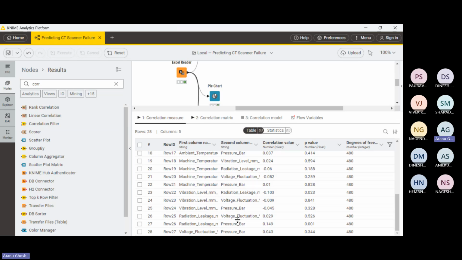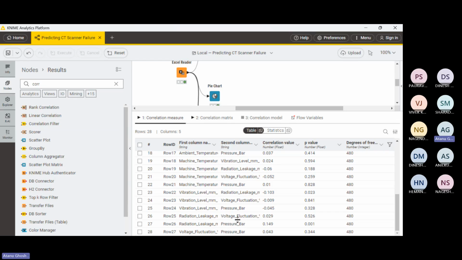And obviously, there is a case for looking at these two features, because if both these features are present, they may outweigh the other features. Again, the domain expert will come in. So the first easiest method is to remove one of them. The domain expert will say whether radiation leakage is likely to have more impact or pressure bar is likely to have more impact as per his or her engineering knowledge. Depending on that, one of them will be removed.